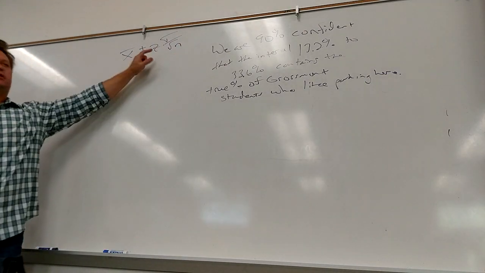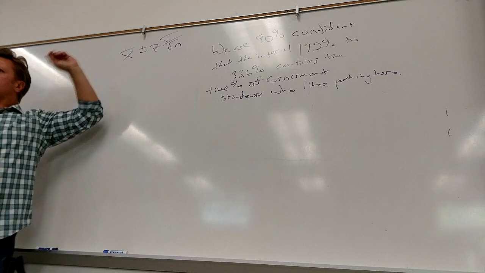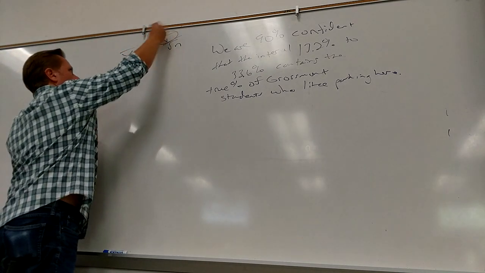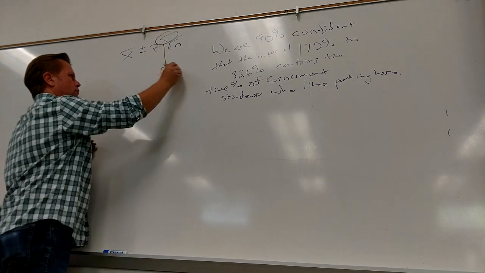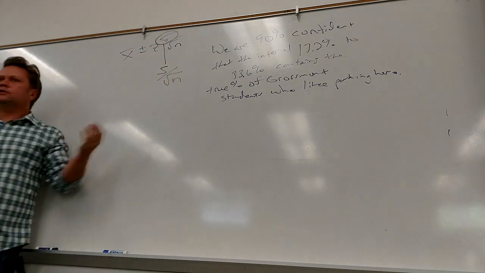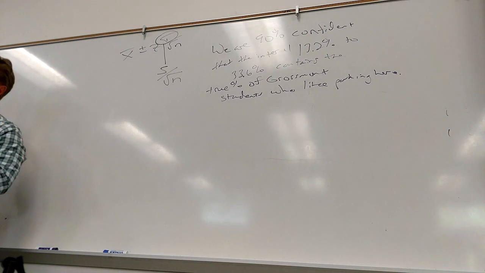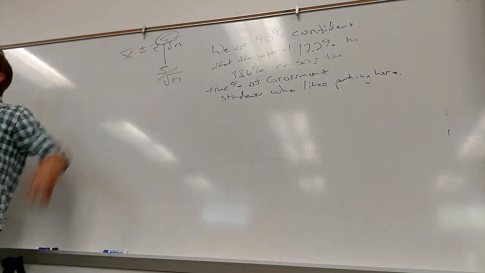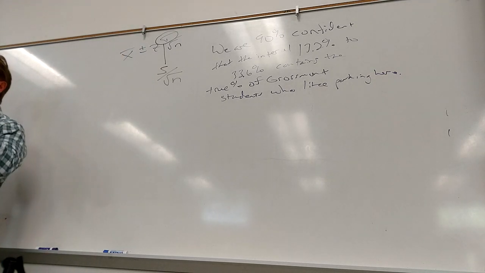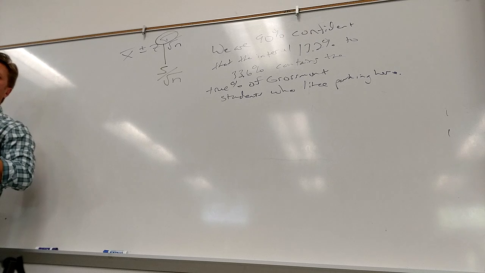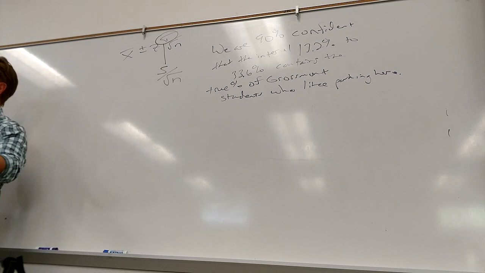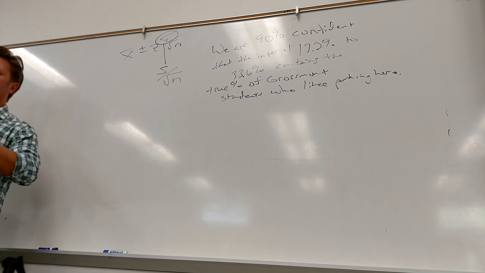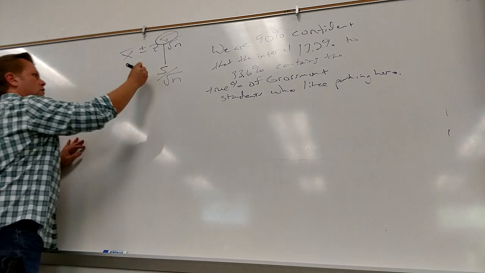So just to cut to the chase a little bit, when I don't know sigma, I have to use s as an approximation. We're no longer allowed to use the z-scores. We're no longer allowed to use that normal distribution. We have to use what's called the t-score distribution, or what's known as the Student's t distribution. And the whole idea behind the name